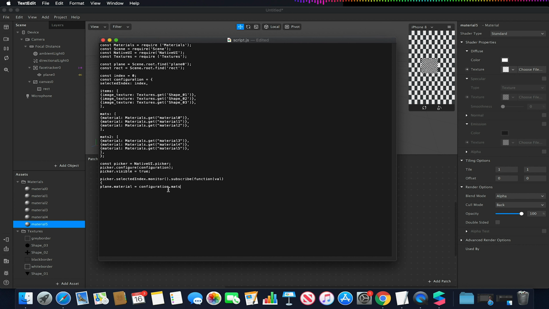So we do configuration.mats because we're going to be looking for the material that we're assigning here, because this is going to be our plane. And we're going to go with values equals a new value, because it's going to be a new change. Dot